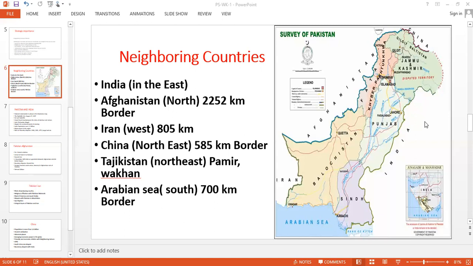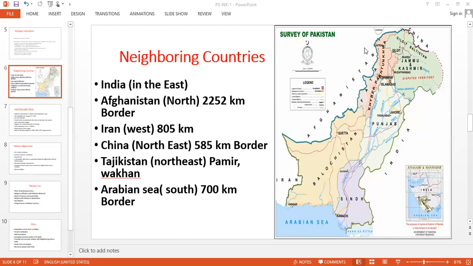Well, India is a very large country, and we have quite a large border with India. Afghanistan is in the north, and approximately 2,252 kilometers is the borderline with Afghanistan, and with Iran 805 kilometers in the west, whereas